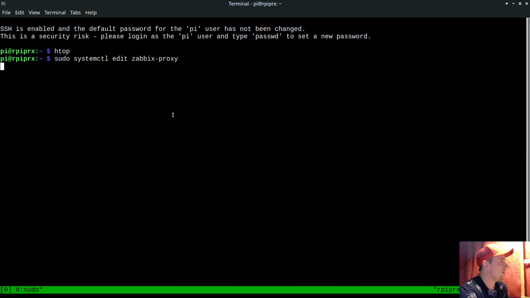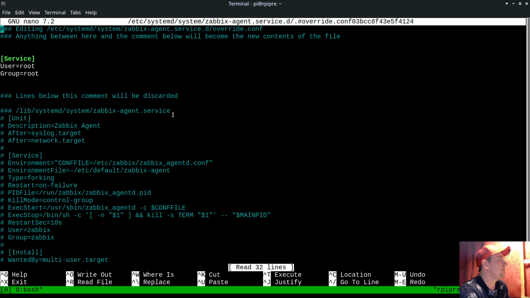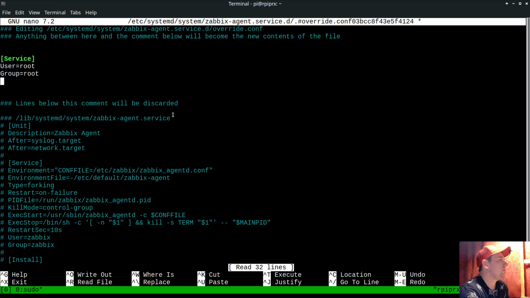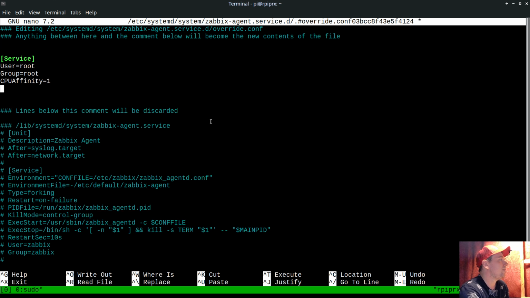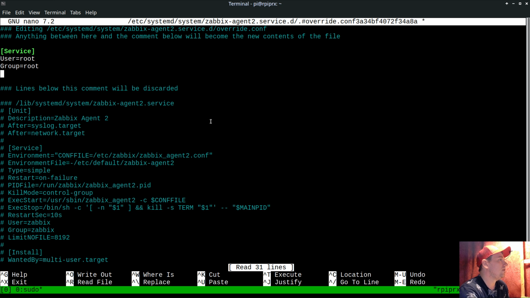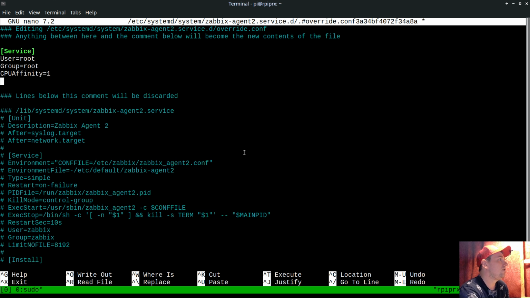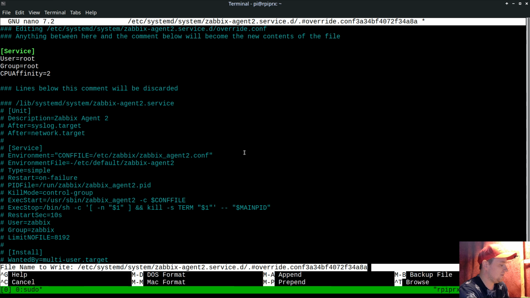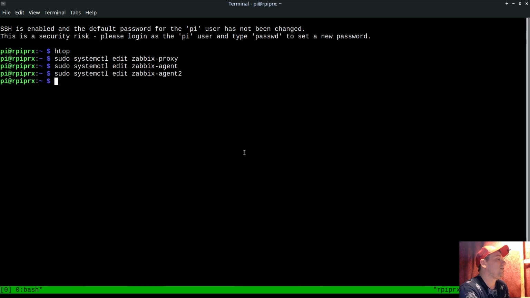Save the file, and let's have it for agent, enter. For agent it will be 1. Save the file, and for agent2 it will be core number 2 here. Save the file, and then since I did modify those definitions, daemon reload,